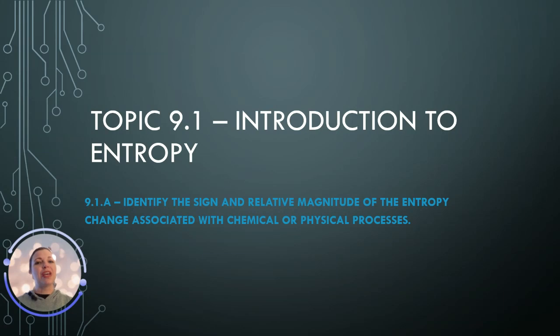Hello, AP Chem students, and welcome to topic 9.1, Introduction to Entropy. The learning objective for today is 9.1.a, identify the sign and relative magnitude of the entropy change associated with chemical